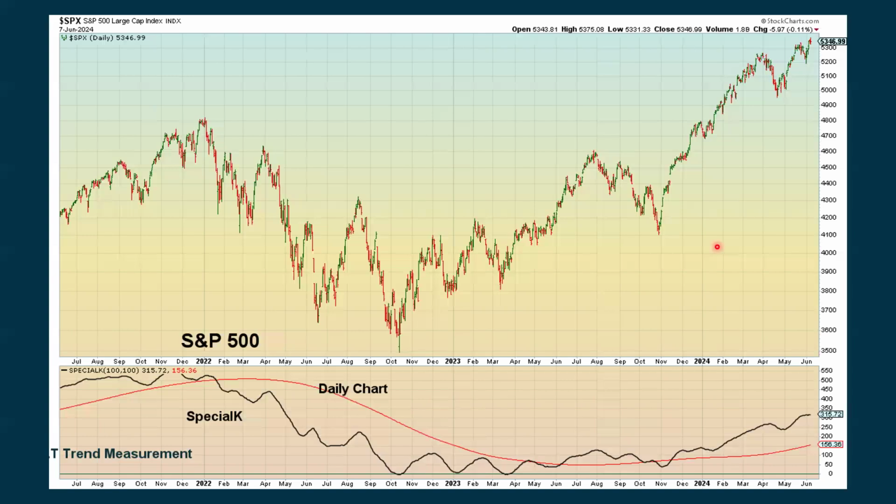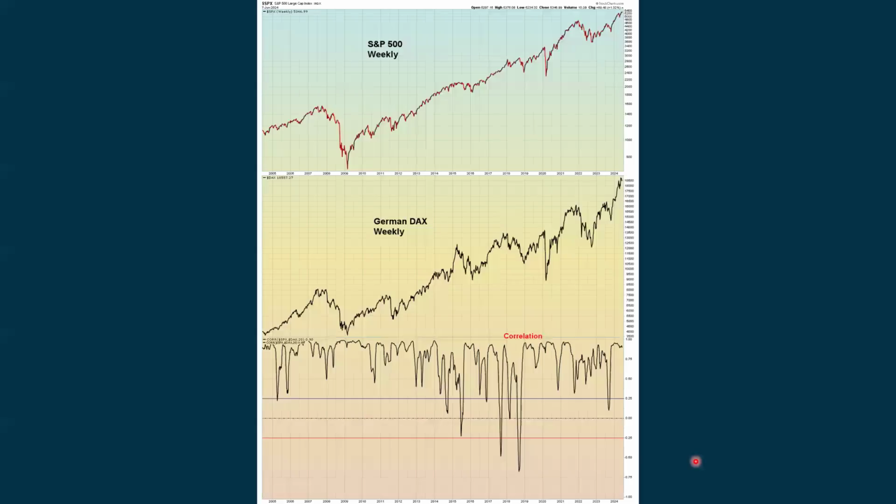This is the Special K daily chart. We don't get a lot of signals from this, so I only show it in this video for right now. If we start to see a cross above or below this red line, then that's when I show it in the videos each day. Here's a weekly chart of the S&P on top and the weekly chart of the German